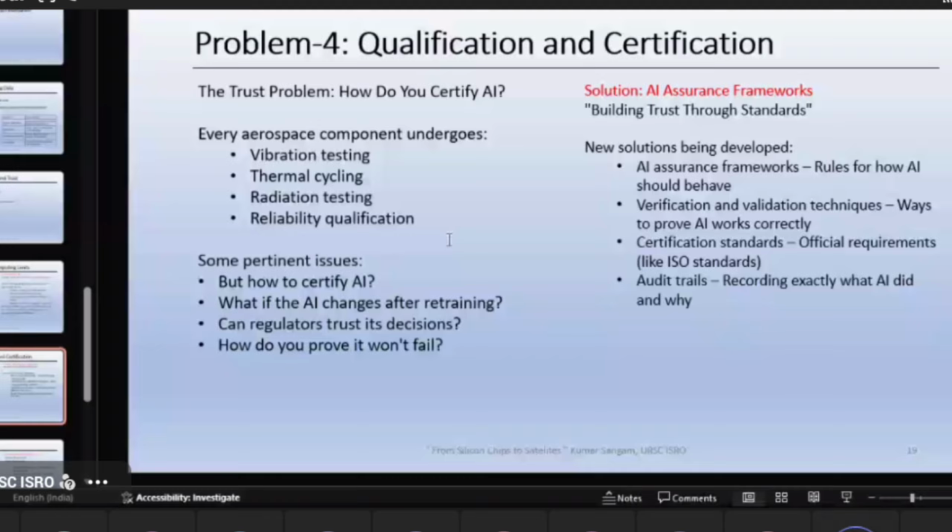But how do we certify AI? AI is just a model trained on some data, and it gives some output. And we also don't know how it gives that output. How is that model working? These models have to be changed, retrained, reconfigured so that the system can work. What happens if we do that? There's a very simple concept of the 4M: man, machine, material, method. If any of these changes in space, we go for qualification and certification. Man means if the person who was doing the job is qualified and he changes, or something happens.